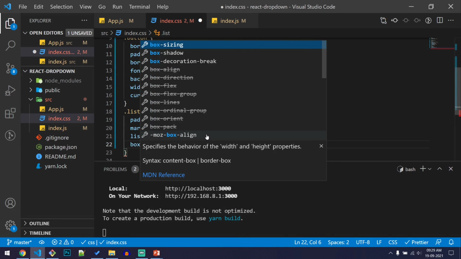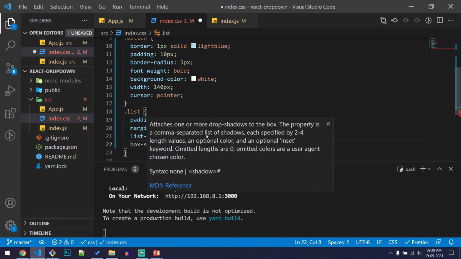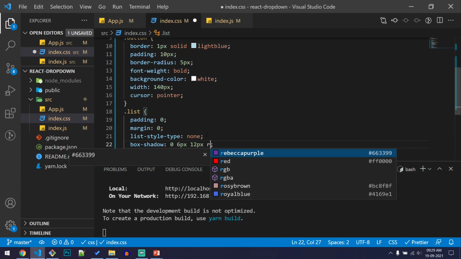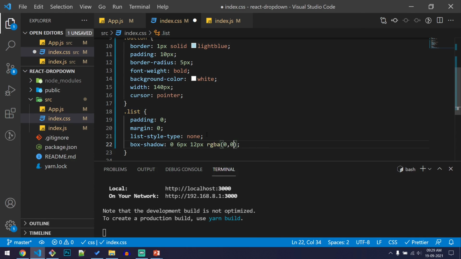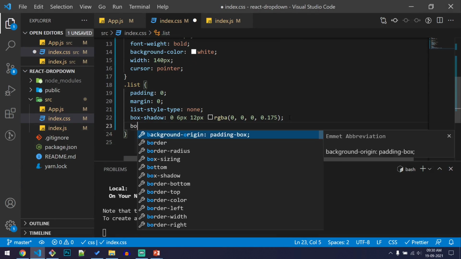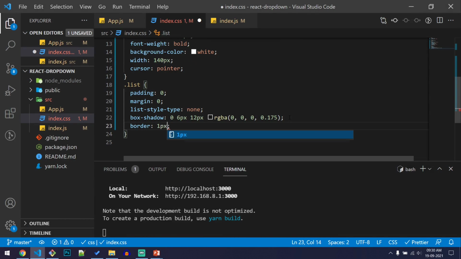Say box-shadow 0, 6 pixel, 12 pixel, and an RGBA color of 0, 0, 0, which is black, with a transparency of 0.175. Now you see a nice little shadow added there. Let's also add a border of 1 pixel with a gray color.